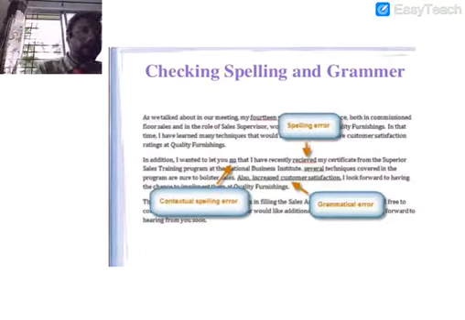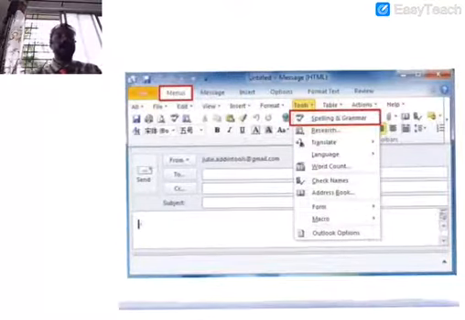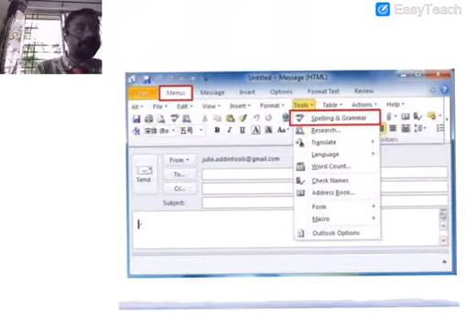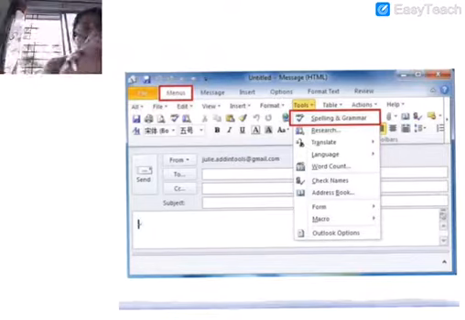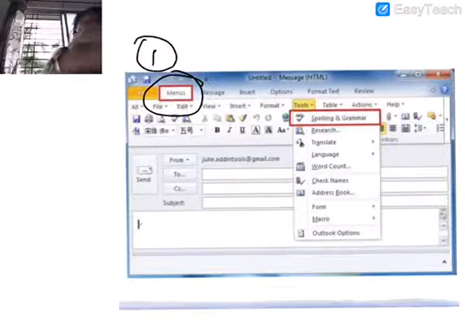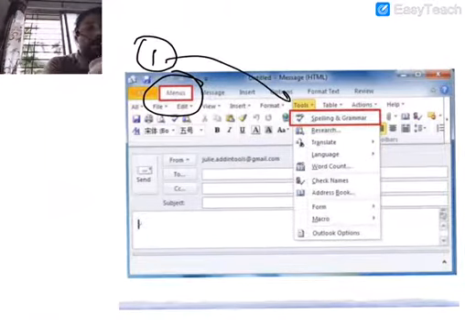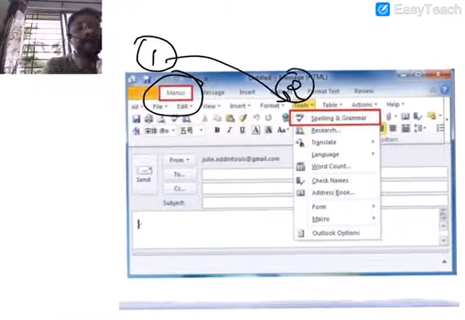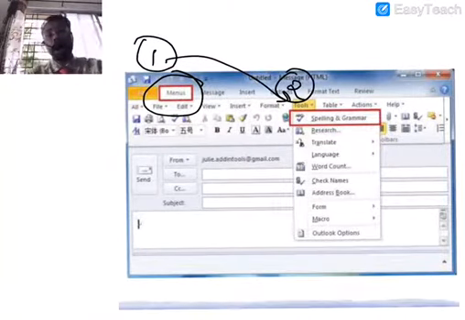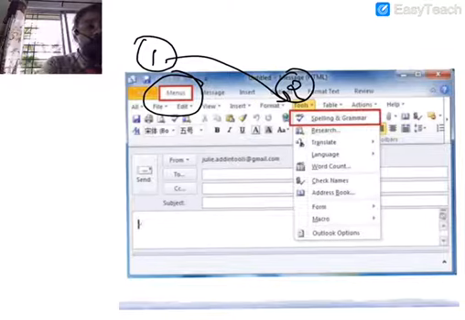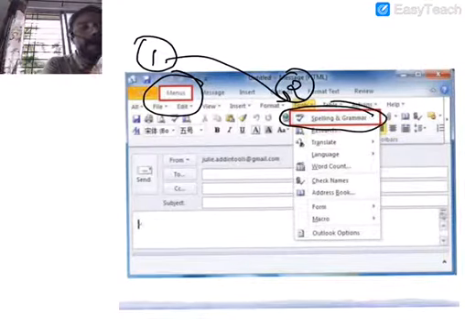So, how can we rectify it? We can rectify it by the checking spelling and grammar functionality, okay? So, for doing that, we need to go to the menus option first of all. So, step number 1, first go to menu. From step number 1, we go to step number 2, which is going to the option of tools. And under the tools, we will get spelling and grammar.